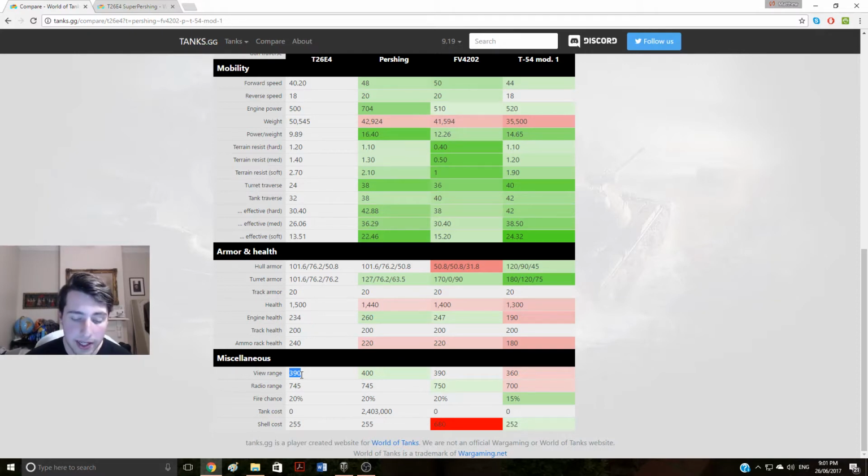Sorry. So although it isn't quite as good as the Pershing, with coated optics and good crew skill, you're going to be definitely able to reach that 445 meter spotting view range cap. So this does have a very, very good view range, so you are going to be able to rack up quite a lot of assistance damage driving this tank. But anyway, guys, let's take it back to the garage, have a look at crew skills,